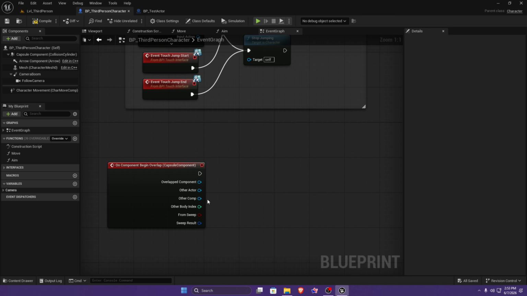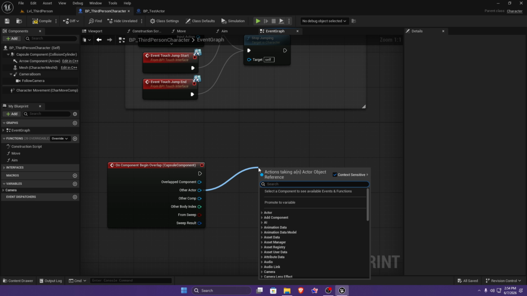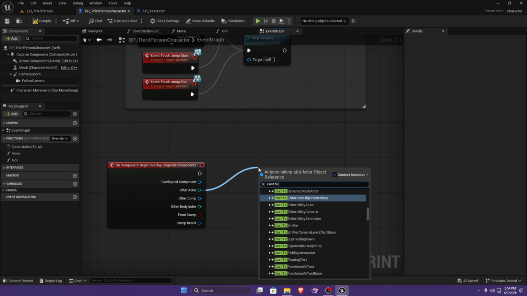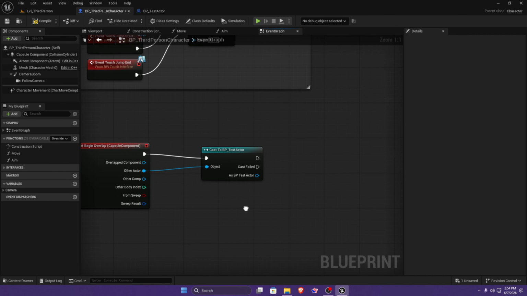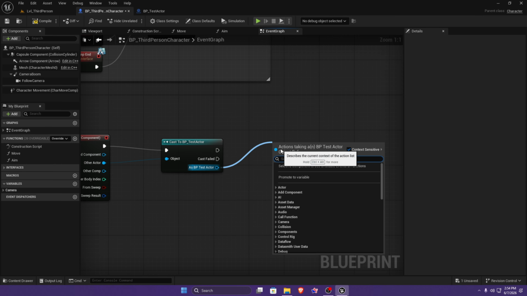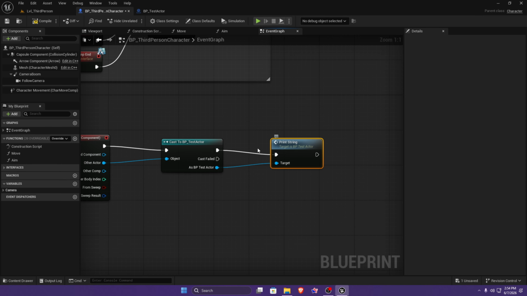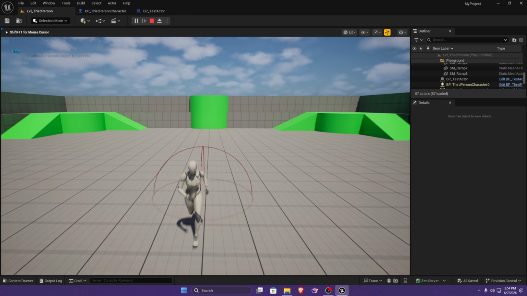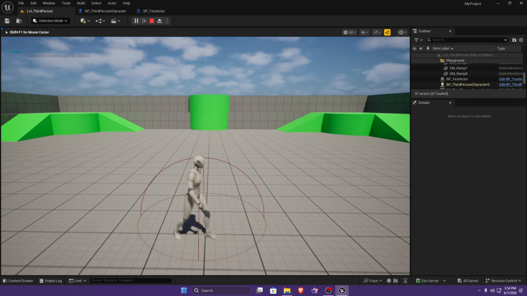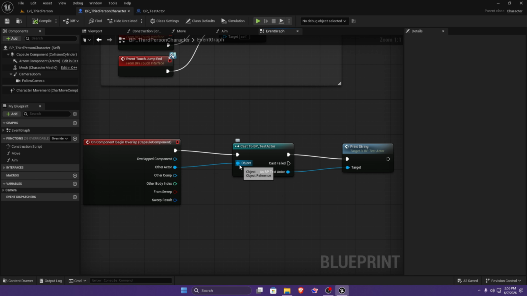So to do that, from other actor, we can simply cast to our test actor like this, and then from test actor we can call our print string function like this. And now if I compile and save and I overlap with this actor, you can see that we're calling the hello function again. Now let's say when you cast to something, like we cast to our test actor, we will